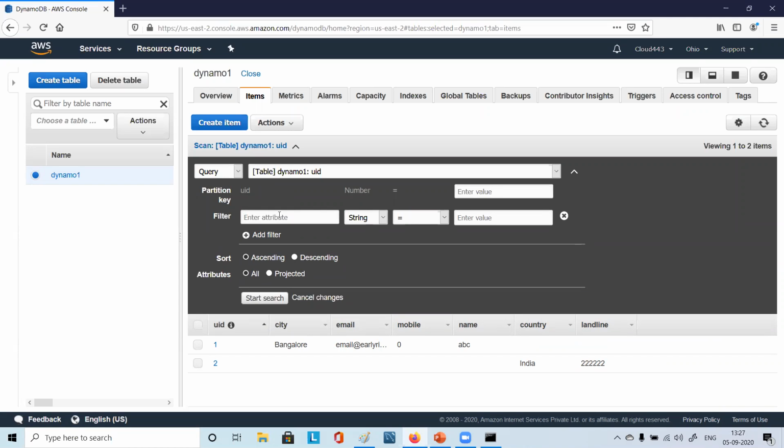So I'll say country, string, equal to, I'm looking for, say like this only, that's it. Whatever it might have kept. I looked for country. I have not put that. Okay. So I'm putting that 2.